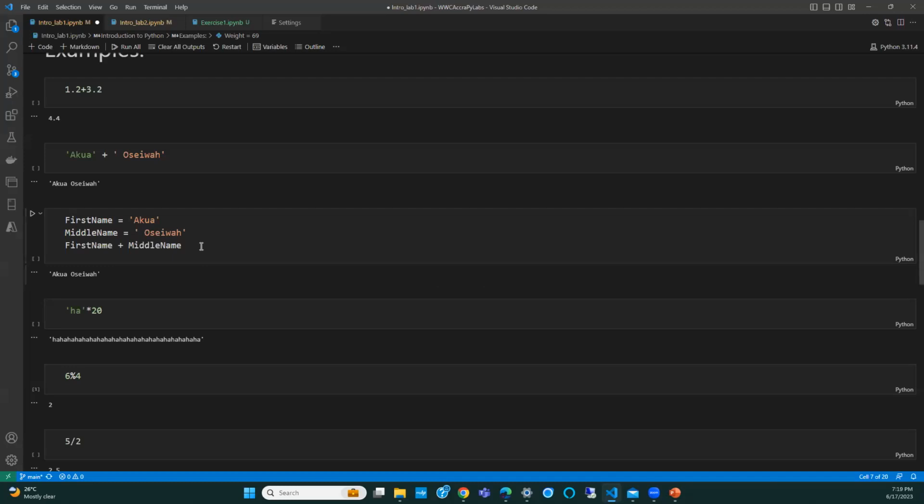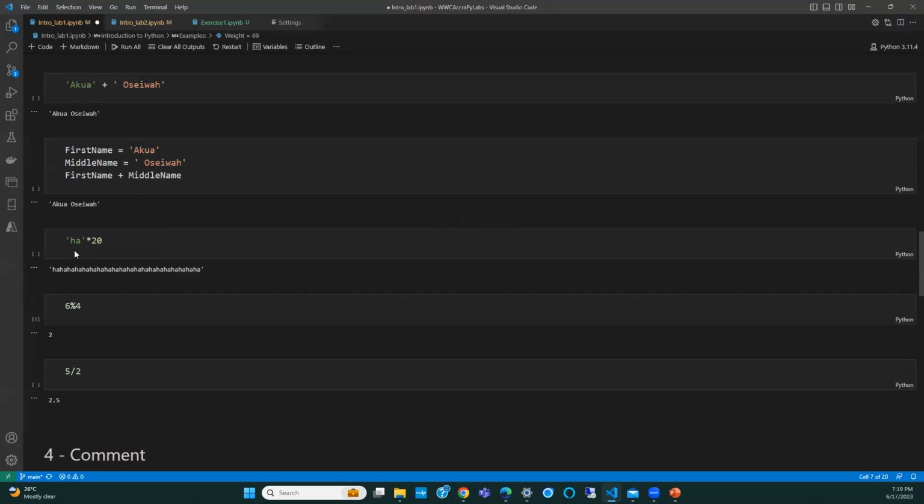So in the same way, in terms of what we do directly to the values, we can do the same thing to variables, right? Let's just remember that variables are just names that reference some value. Okay, so we can do the same concatenation to a variable, and we did that here. Also, we went over it the last time that multiplication on a string does replication. Okay, so if I have this and I multiply by 20, it means it is replicated 20 times. Okay, in integers or float numbers, it does what it is supposed to do mathematically.